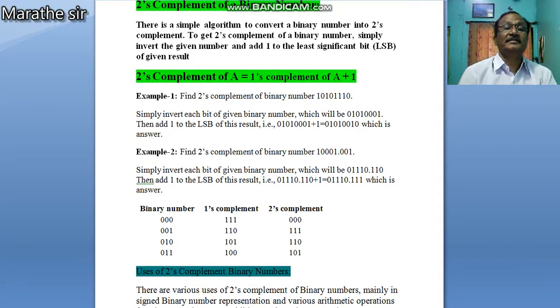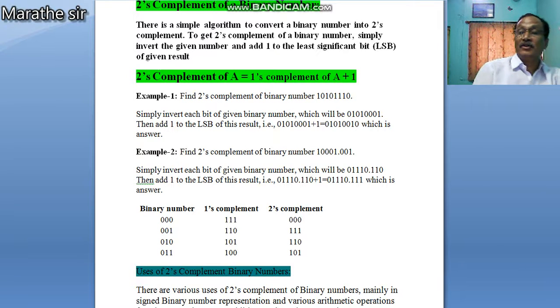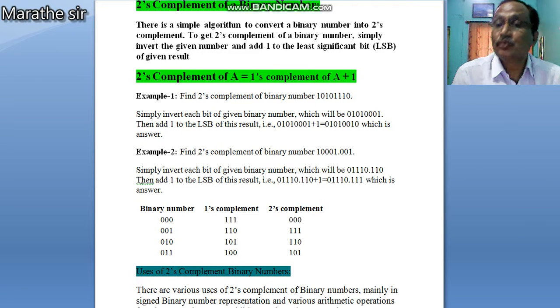Now the next is the 2's complement of any binary number. The 2's complement of a binary number is obtained by adding 1 to its one's complement. There is a simple algorithm to convert binary numbers into their 2's complement.